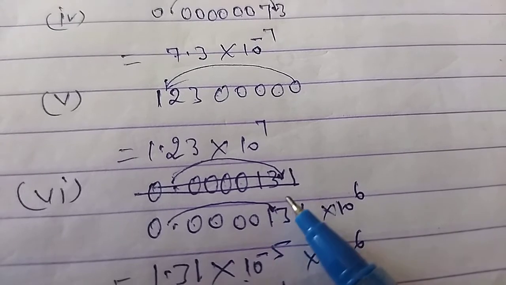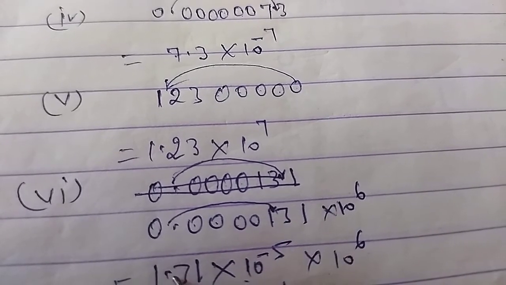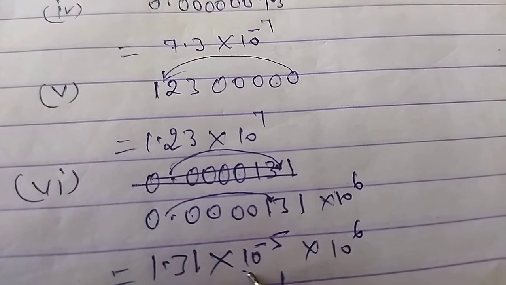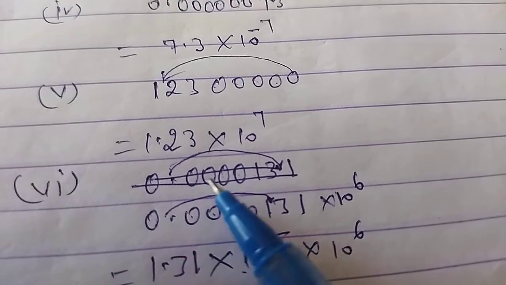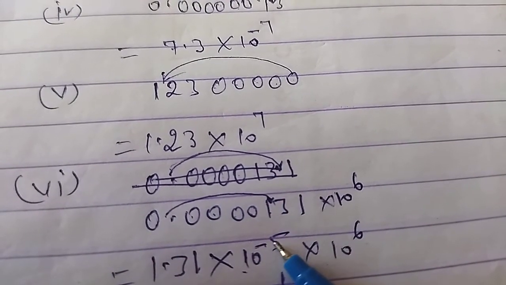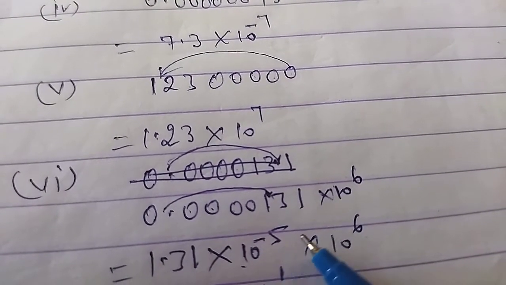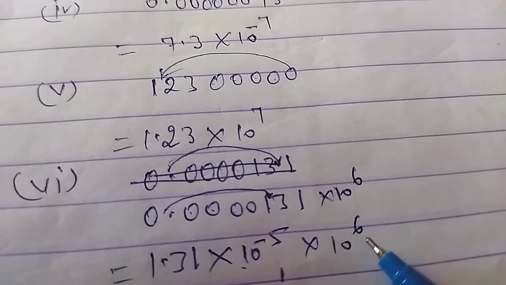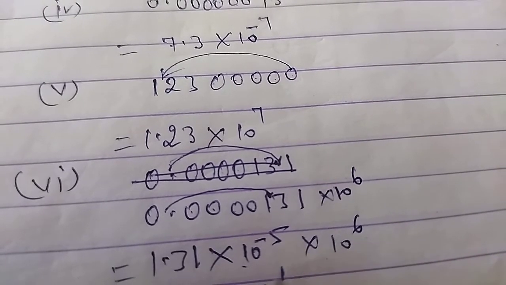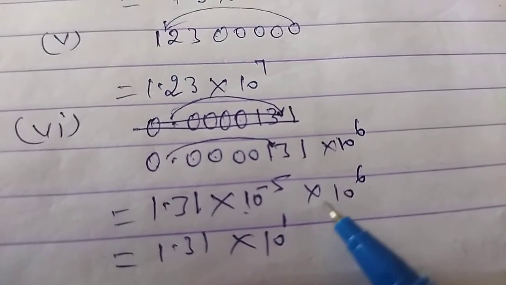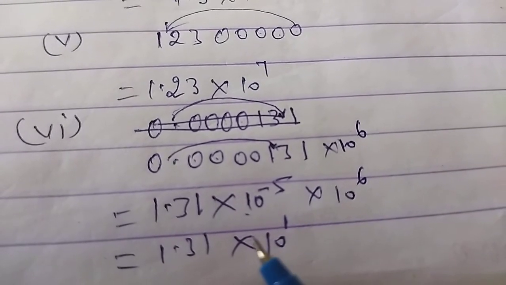So I'll keep the decimal here. It will become 1.31. And how many places have I moved? 5, from left to right, so my power will be minus 5. Then I will express it like this. Now you apply the law of exponents. If the bases are the same, powers will be added. So finally you can mention your answer: 1.31 into 10 raised to 6 minus 5,